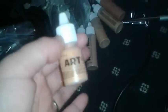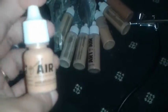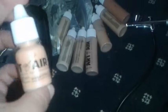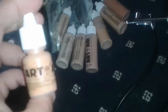You also get this papaya blush, which in all honesty, I'm not a fan of. I did try it out for this video, and it is yellow. It's not like a pink or a red, it's yellow, so it definitely stands out. And it was so noticeable that I actually took a wipe and wiped it off. So I do have a little bit of a streak on my face from where I wiped it off,